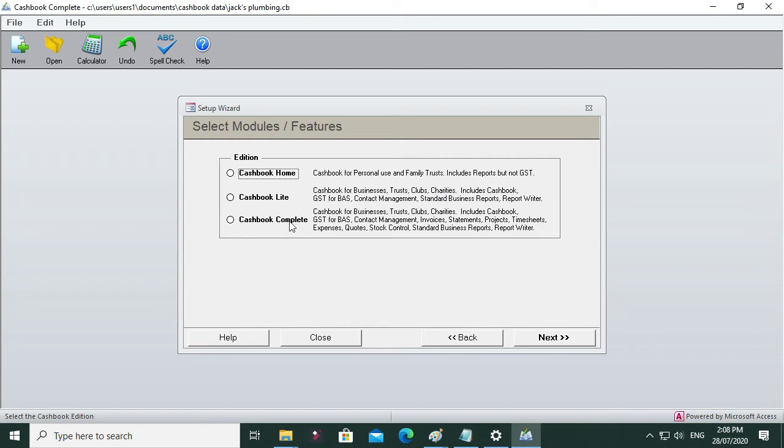Then there's Cashbook Complete, which basically does everything that the Cashbook can do: invoices, statements, projects, timesheets, quotes, stock control, all that sort of stuff. And they all have different prices. So anyway, we'll select Cashbook Complete,